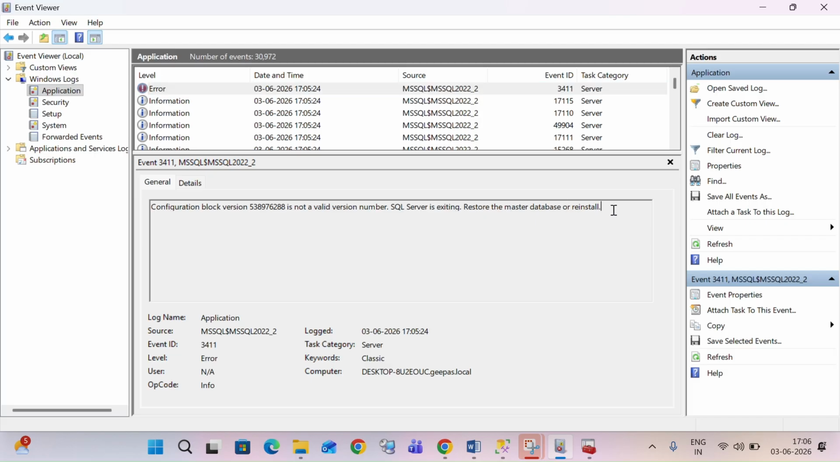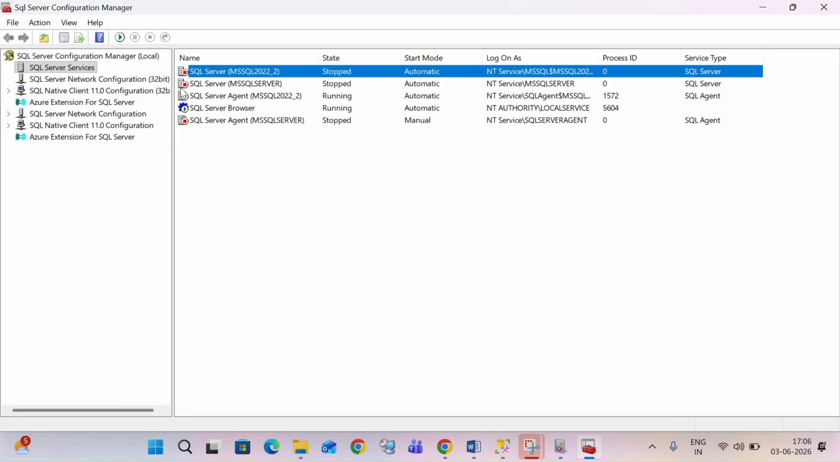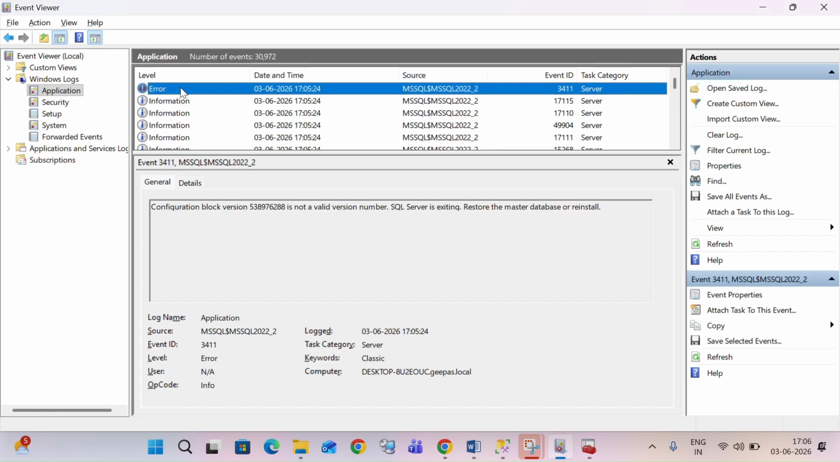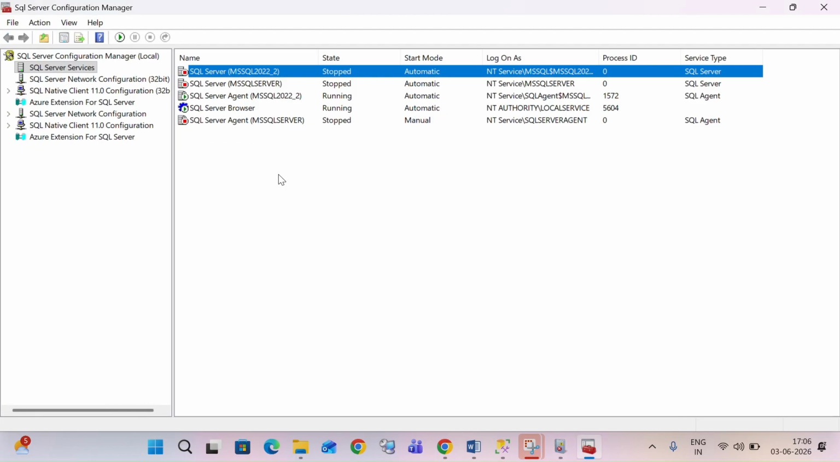the master database, restore the master database or reinstall. So here it is showing that SQL Server is exiting. Okay, so something happened to that master data file, so it is not coming online. Here in this case, what we had to do, like MSDB and model, it is not that easy to fix this master. Okay, so what you had to do, you had to bring this into single user mode and master